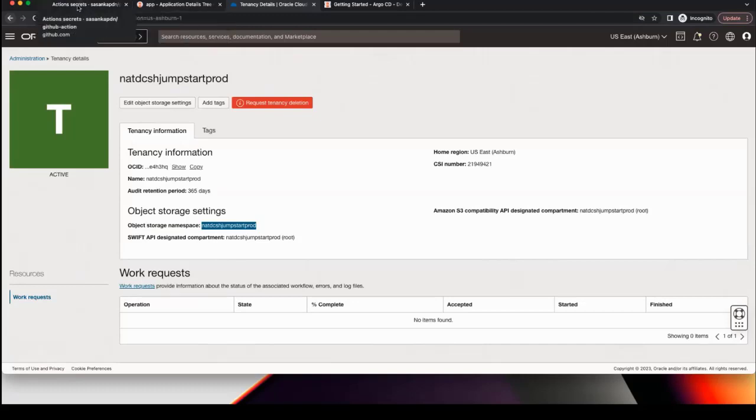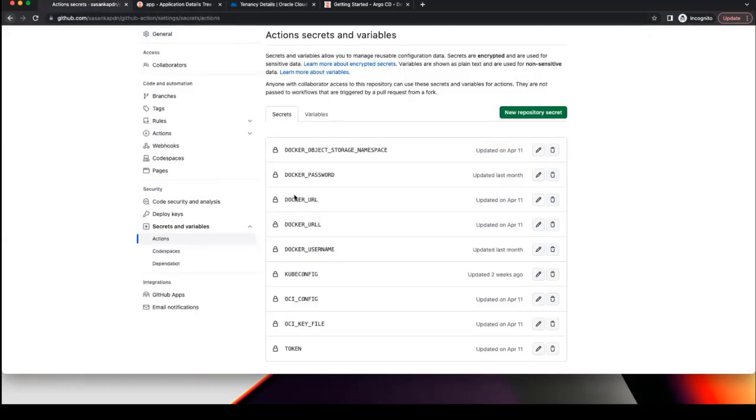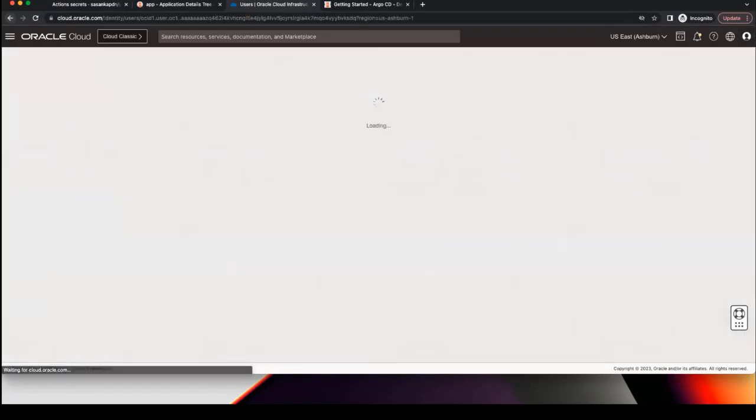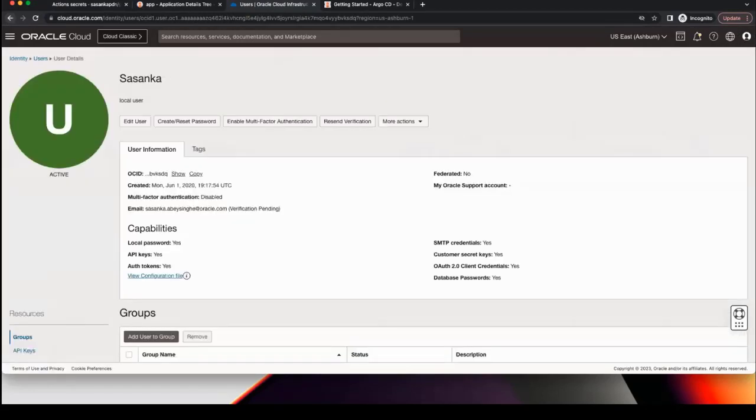And for the Docker URL, for the Ashburn, I use IAD ocir.io. And for the Docker username, I use my tenancy name/username.